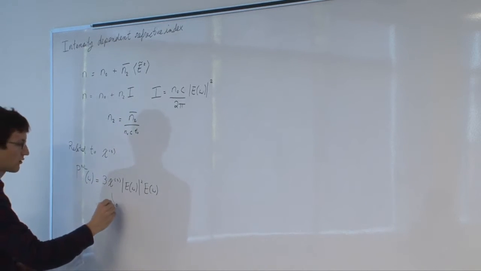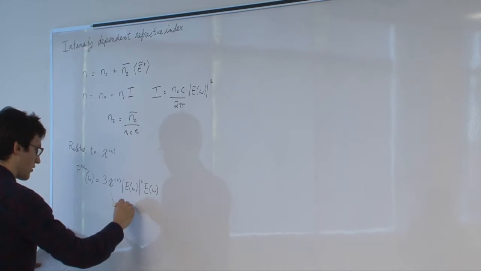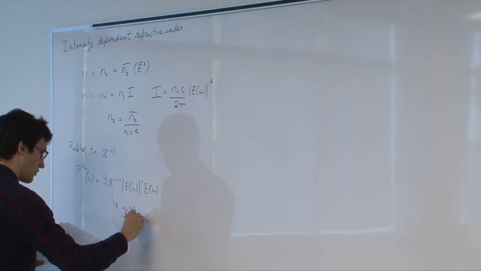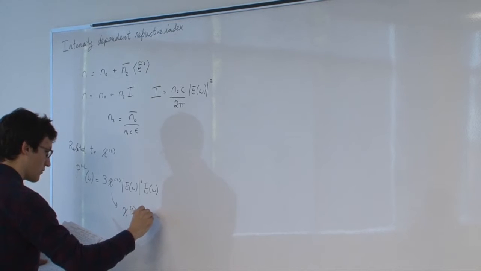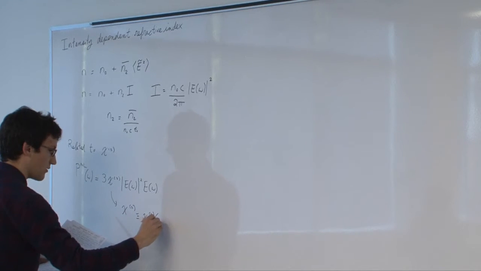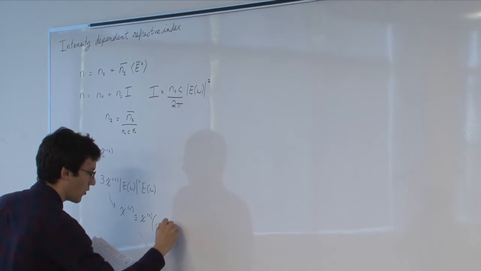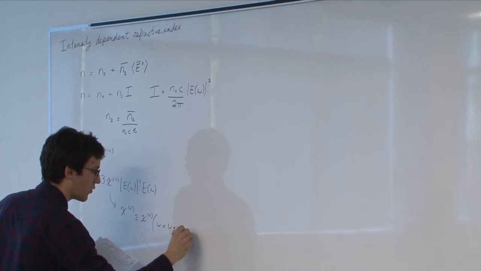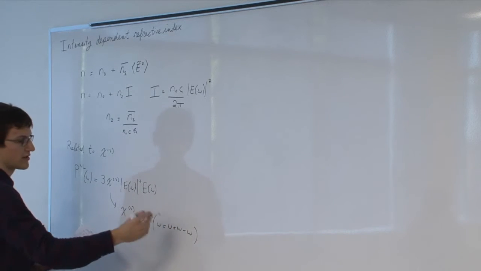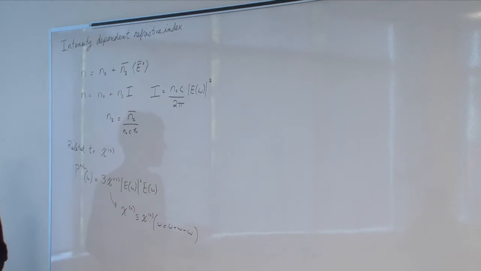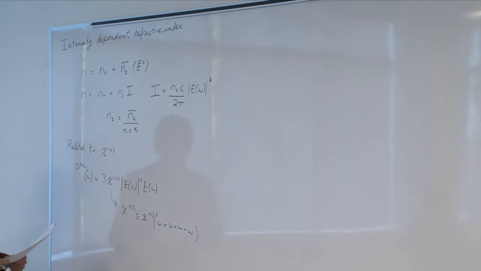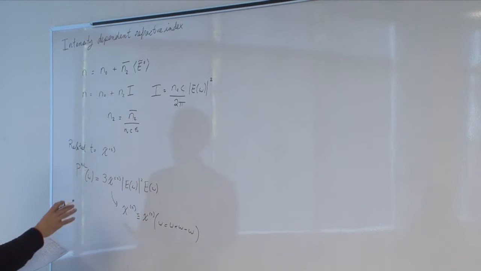So chi3 here corresponds to the specific chi3 where, expanded, omega plus omega minus omega. So you have this degeneracy, those permutations between all the different signs that appear in the chi3 process. And so you can write